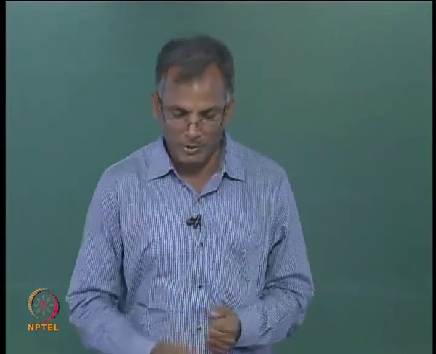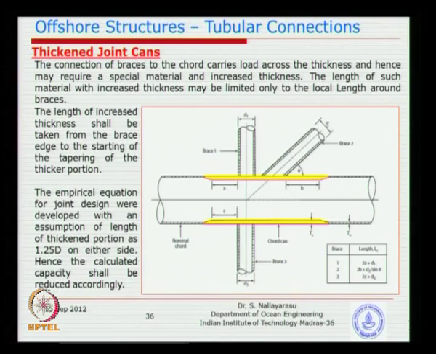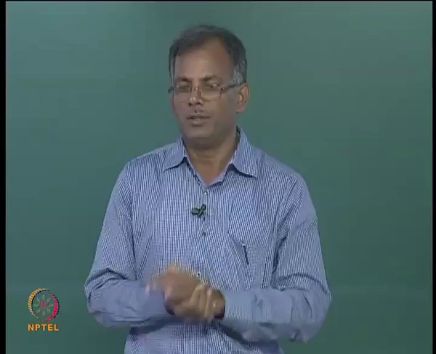Regarding the eccentricity, we will see that later. Basically if you have non-concentric joints, then you have to model the eccentricities to generate the additional moments. Typically the yellow color, I hope you can see it, is the increased thickness made to resist the local loads. Now imagine if the whole member, the whole jacket, is made of a single thickness. You do not need to worry about this effect of the so-called reduced chord length. If everything is the same, bigger thickness, then this check is not required, but of course that is not economical, so we make it as required.